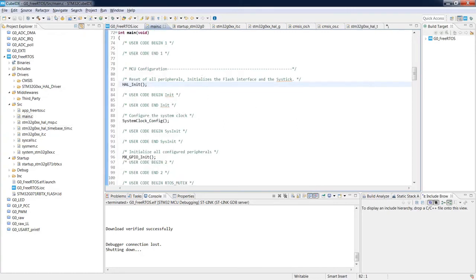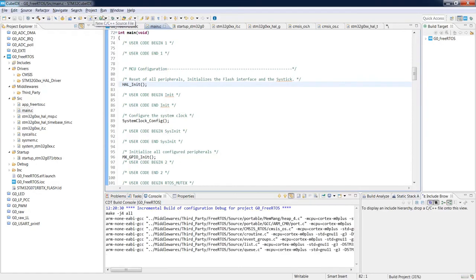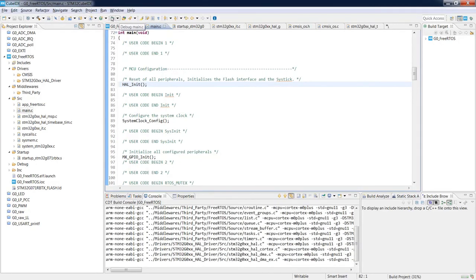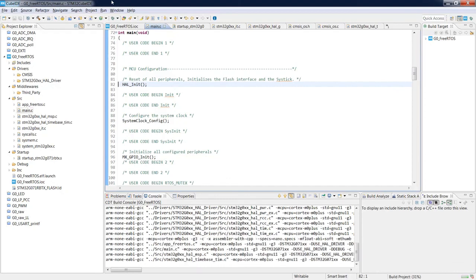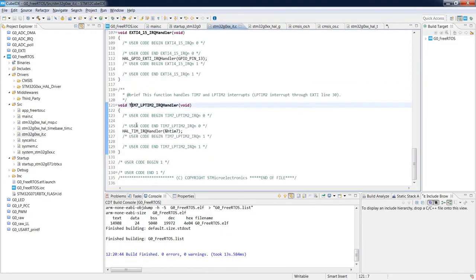Now we compile the code with the semaphore added. In the meantime we can have a look at the interrupt routine file. We see that the timer 7 IRQ handler has been added.